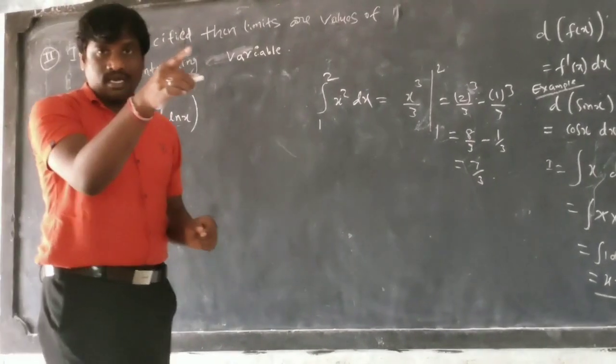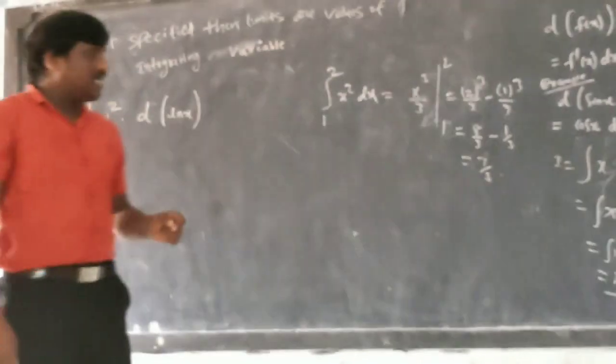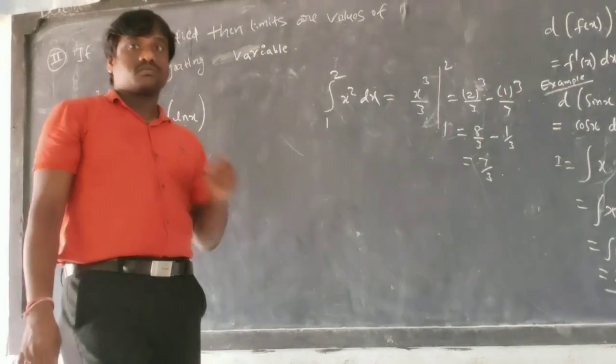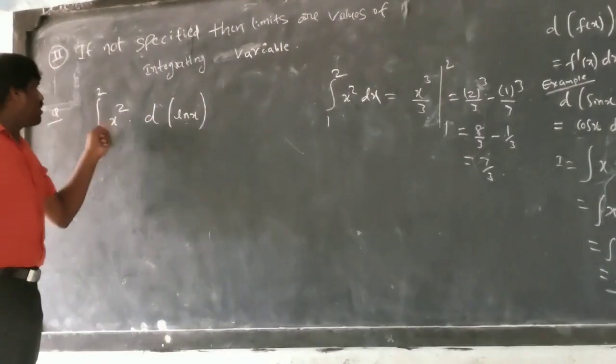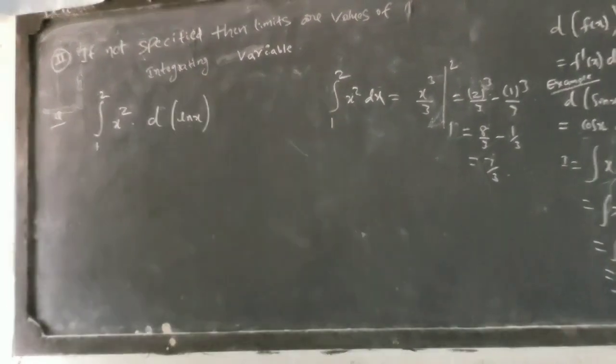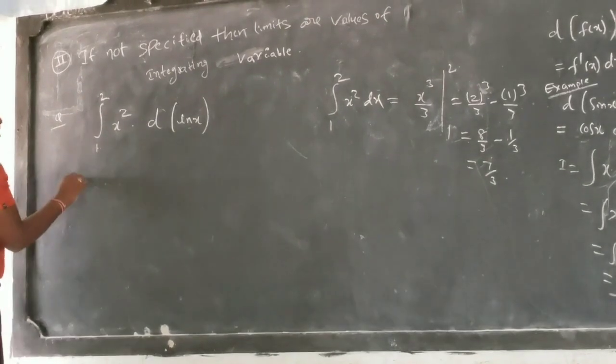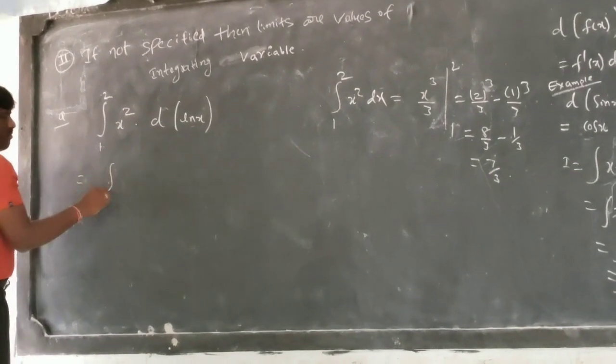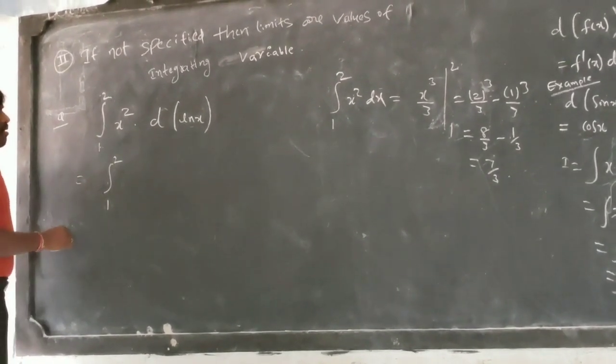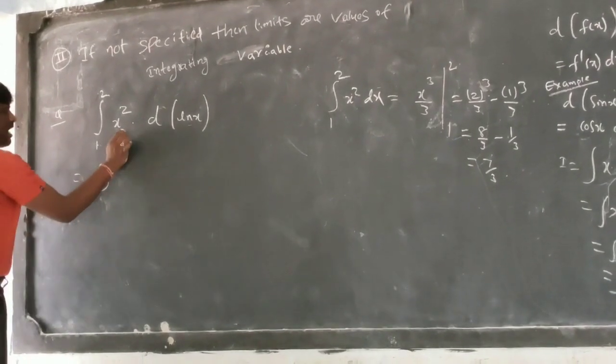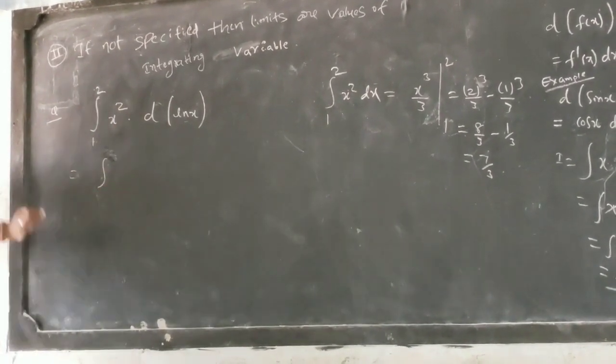This is very important. Mark these things. And let's see how to do it. Okay, let's see here. This is how to do it. So what I can say here, integration of this, I can write as what I do here, 1 to 2, but I don't write here 1 to 2. I specify this one. 1 to 2 is what?